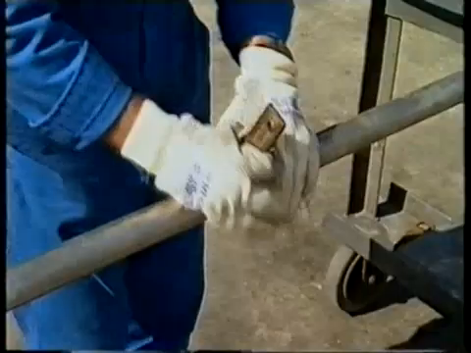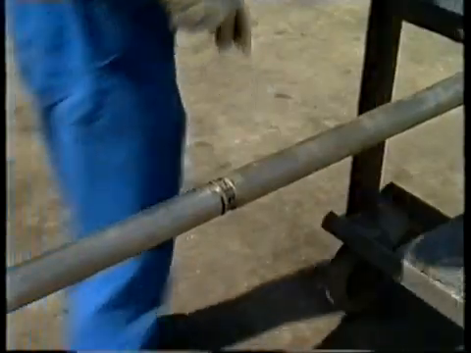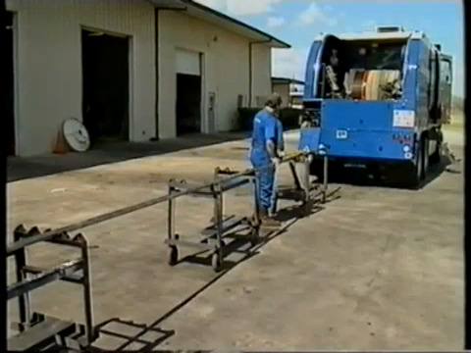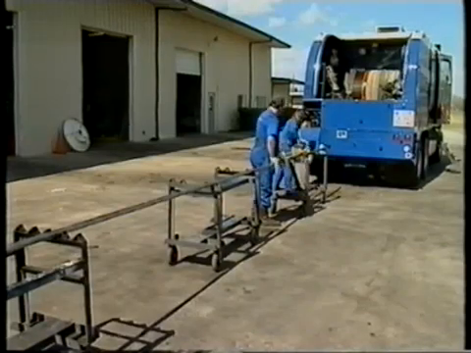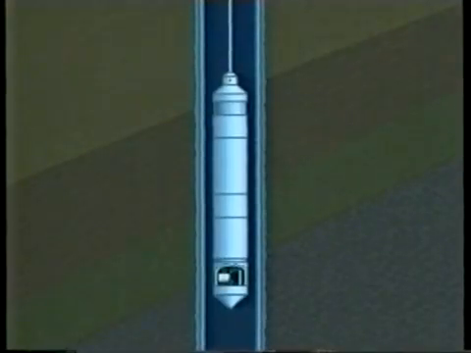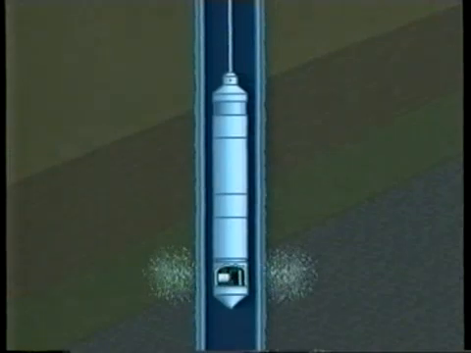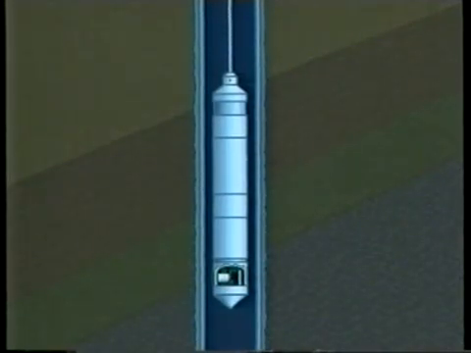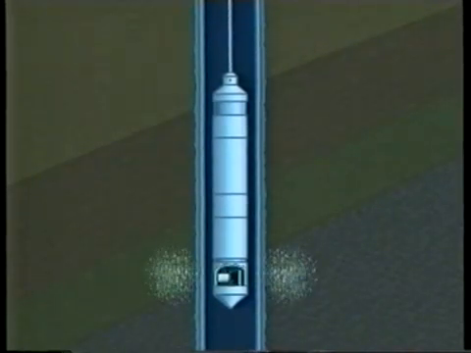Presently, there are at least 5 varieties of pulsed neutron tools available commercially. Whatever tool is used, the principle of measurement is fundamentally the same. Within the tool, an ion accelerator is activated for a few millionths of a second, bombarding a target and creating a burst or pulse of neutrons. Since neutrons can easily pass through the tool, the tubing, and the casing, a cloud of neutrons is created within